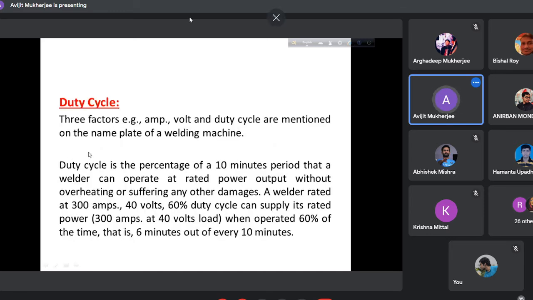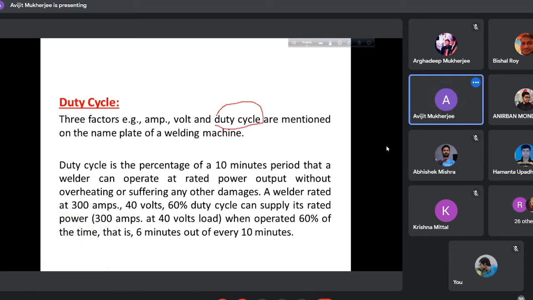Another important concept in connection with welding is on the nameplate of the welding machine, AC transformer or DC motor generator set. There is a plate which indicates the name of the factory, date, number, all these. Along with that, there are 3 parameters mentioned: amperage, voltage, and duty cycle. This duty cycle is very, very important in welding